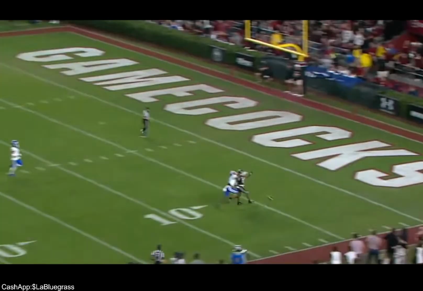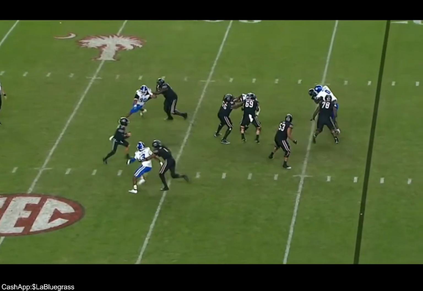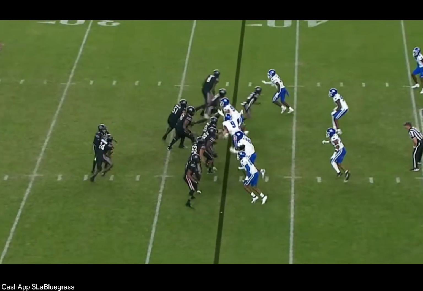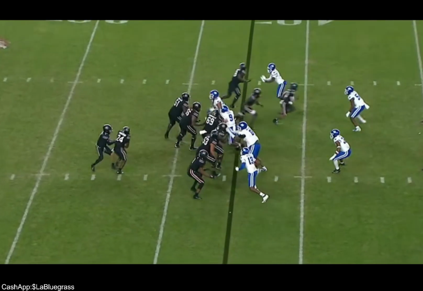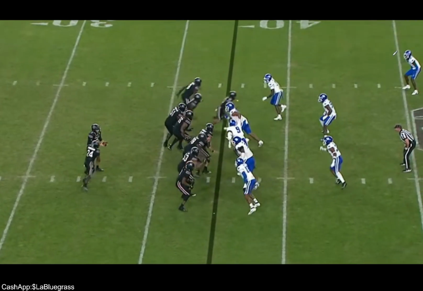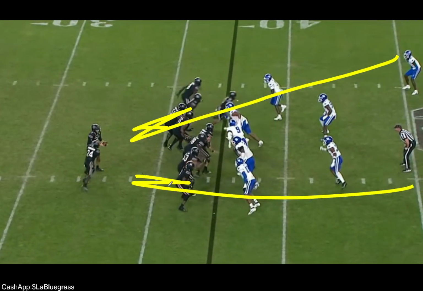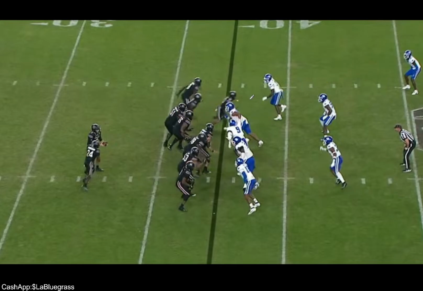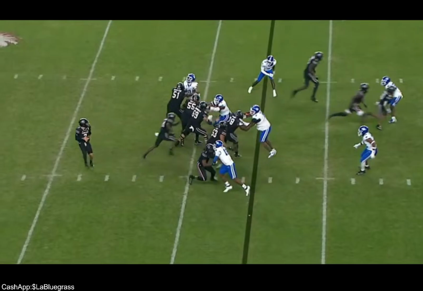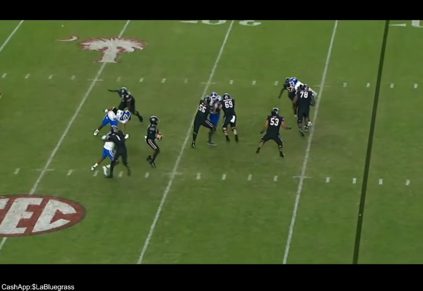They're in zone. They're not in man, because eyes on quarterback, eyes on quarterback. They run some type of over route, because this is a tackle. There's no receivers on Maxwell's side. Oh, that was a tight end.